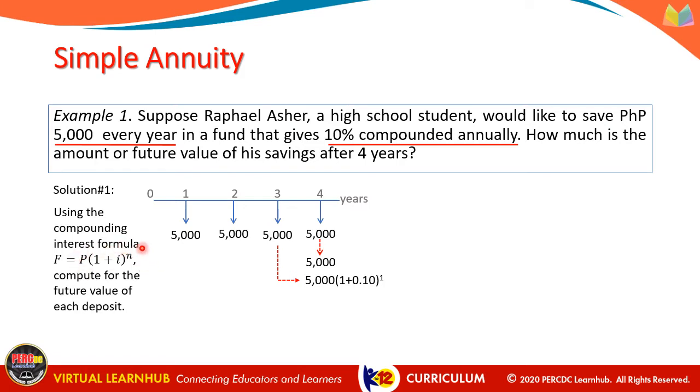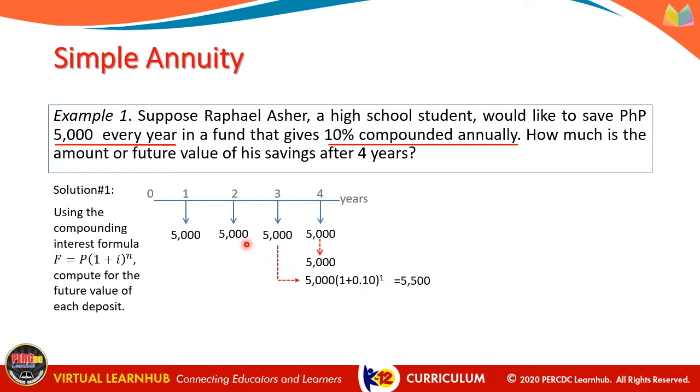Interest rate per period is 10% or 0.10. From third year to fourth year, it is just one interest period, an interval of 1 from 3 to 4. This is equal to